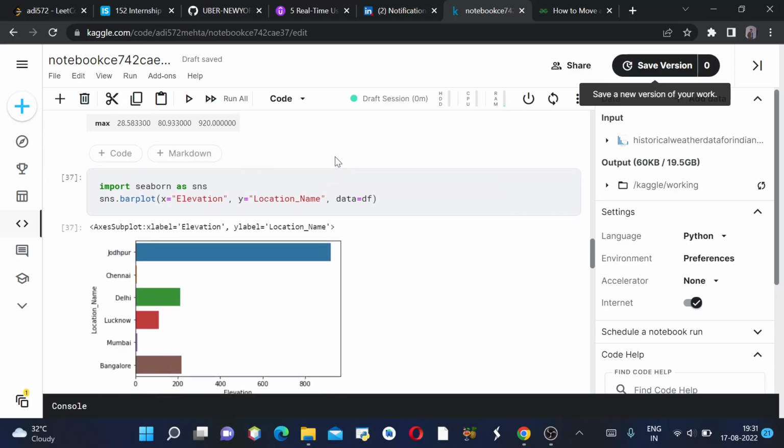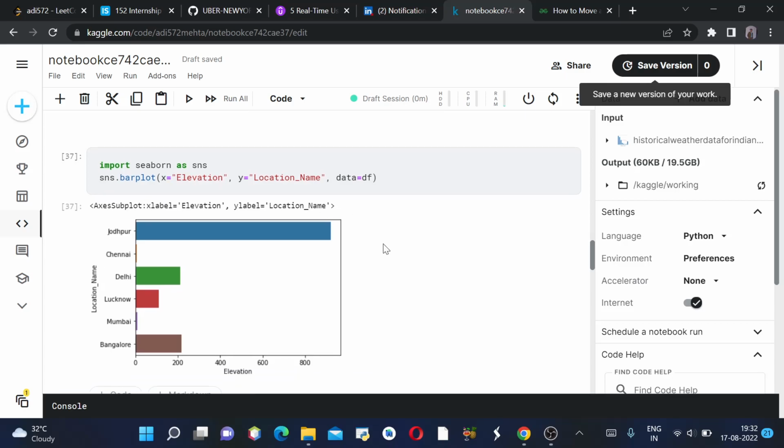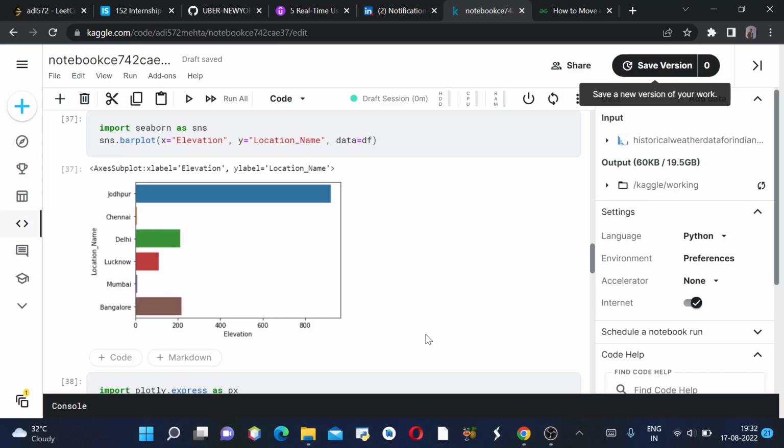Then we are importing seaborn as sns. Seaborn is basically a library which is used for graphical analysis of data frames. As you can see, we are plotting elevation and location name and our data is df. So as you can see, Jodhpur had the highest elevation, whereas in between, Chennai and Mumbai both had around similar